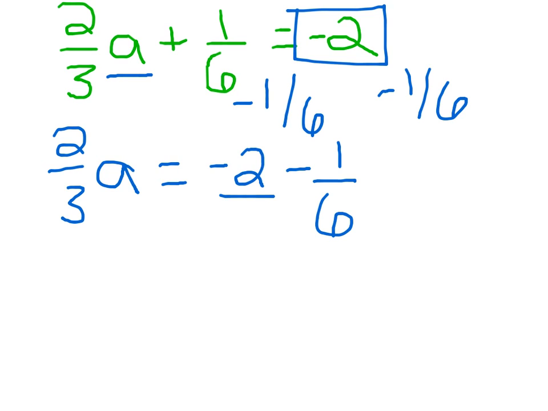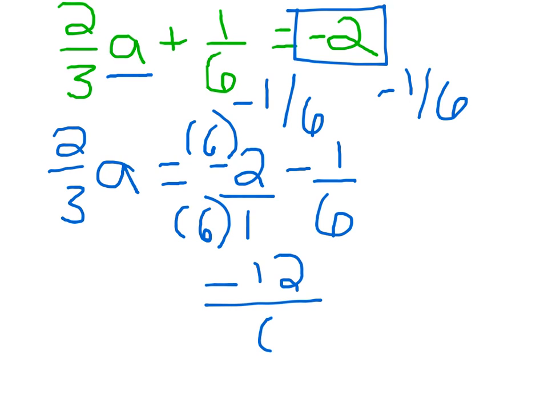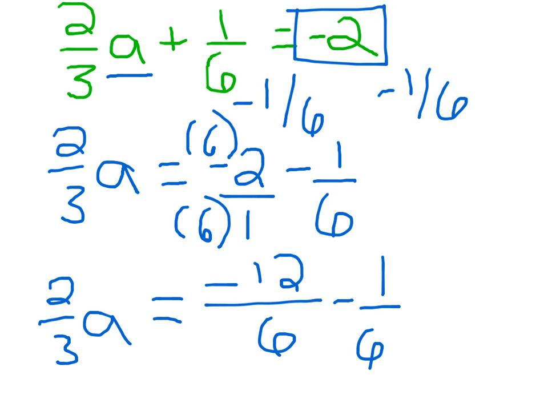To do so, we know -2 is over 1. To find the common denominator, we are going to multiply both the top and the bottom by 6. So, in our numerator, we will get -12. Our denominator will have 6, and we are still subtracting off 1/6. And this is still equal to our 2/3 A. -12/6 minus 1/6